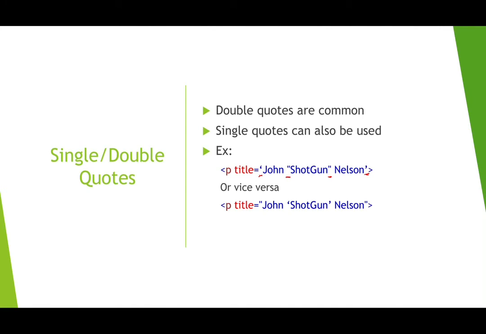So to summarize, all HTML elements can have attributes. The href attribute of a link specifies the URL of the page the link goes to. The src attribute of an image specifies the path to the image to be displayed. The width and height attributes of an image provide size information for images. The alt attribute of an image provides alternative text for the image. The style attribute is used to add styles to an element such as color, font, size and more. The lang attribute of the HTML tag declares the language of the web page. The title attribute defines some extra information about an element. Okay, let me finish this lecture with this.